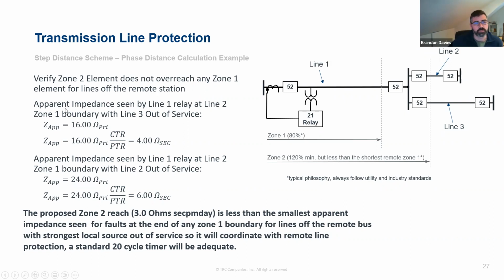So that's what I've got here. We run that fault in Aspen, and at the line 2 zone 1 boundary with line 3 out of service, we would get a value of apparent impedance seen by this relay, and we would convert that into a secondary quantity and compare that to the proposed zone 2 reach. So in this case, for a fault at the end of the line 2 zone 1 boundary, when its zone 1 element is going to stop operating, we measure 4 ohms secondary at this relay. And since that's a larger value than our setting of 3 ohms, and to operate we need to have a lower value, the zone 2 is not going to